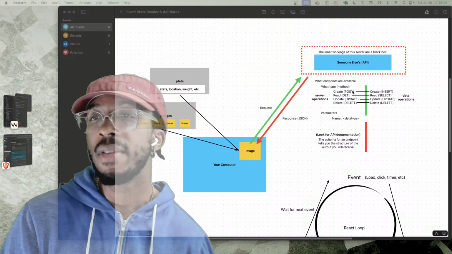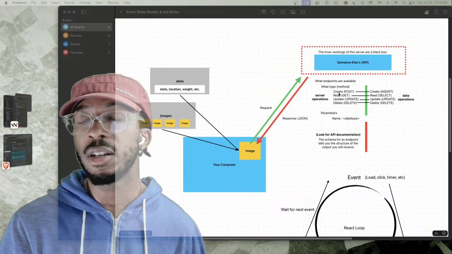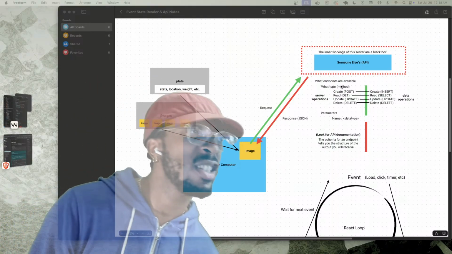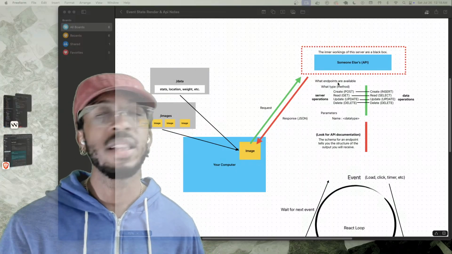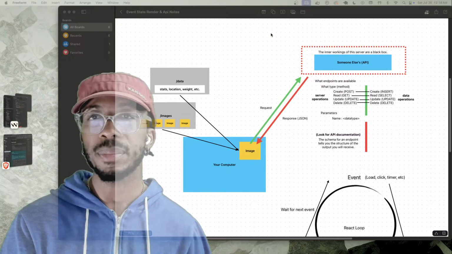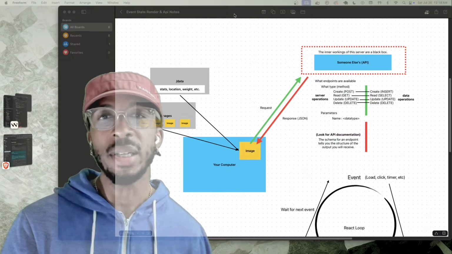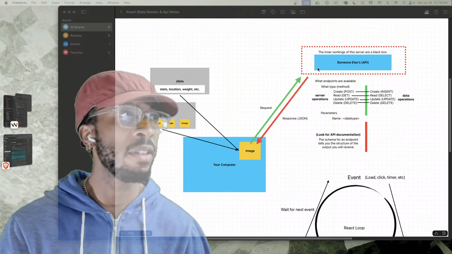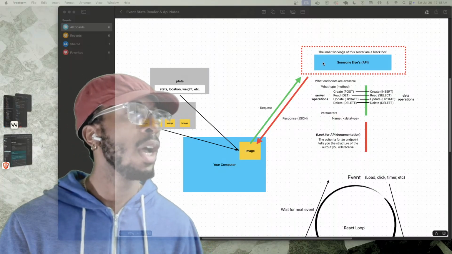Okay, and there are different types of requests. There's actually 4 different methods that we'll be concerned with, but there's even more request methods than these 4. But those are post, get, update, and delete. Now, this is important to understand in general for web development, especially when you have the view model controller pattern